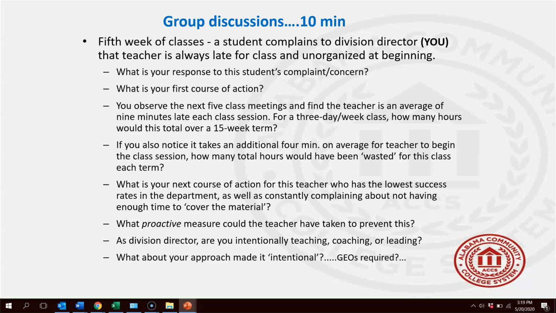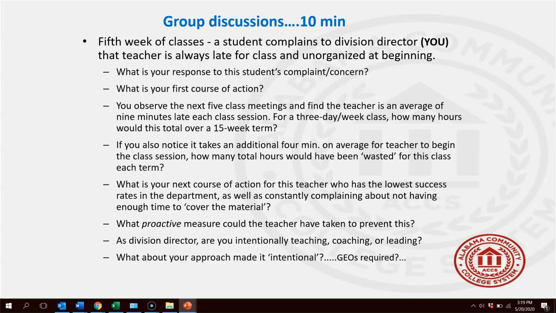You're 3 days a week. You're missing 9 minutes each class. That's almost 30 minutes a week, over 7 hours over the course of the semester. And this was in an anatomy and physiology course. So it was in one of those courses where the common complaint is we don't have time to cover everything we need to cover. And this particular teacher just threw over 7 hours out the window.